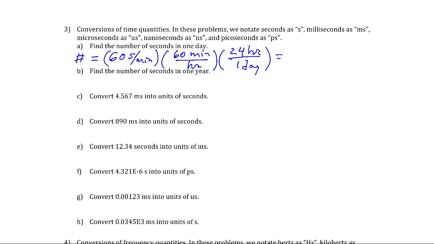And all the units cancel except for seconds and days. Okay, so minutes cancel, hours cancel, and I end up with seconds per day. And so the answer is 60 times 60 times 24. I guess I could do this longhand, but I'll be lazy and enter it, and I get 8.64 times 10 to the fourth,